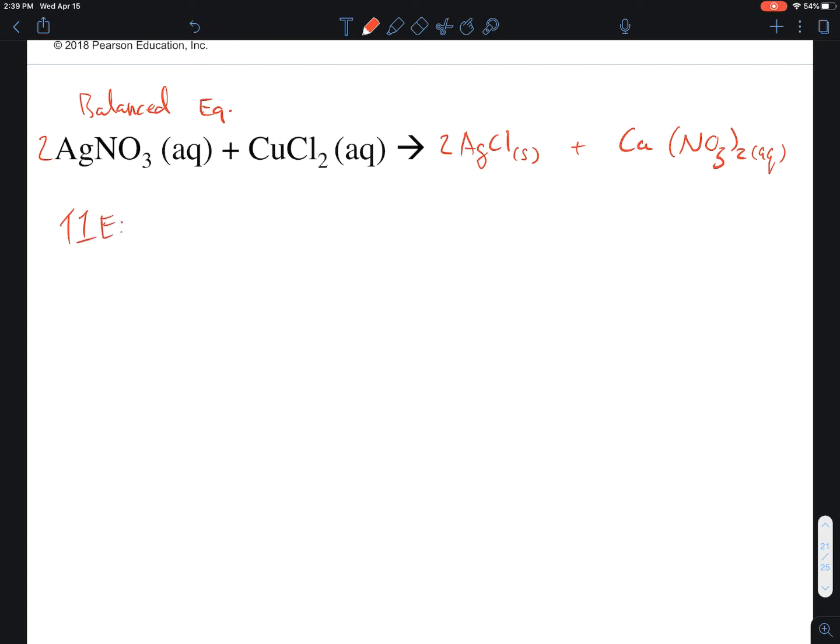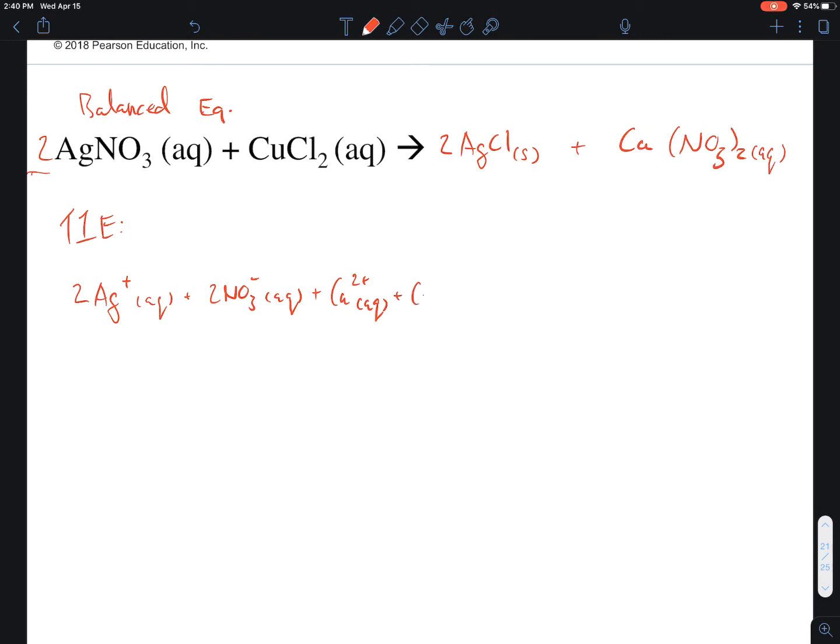Let's write out the total ionic equation next. Remember, to write the total ionic equation out, we have to separate out into ions anything that's soluble. So you look at silver nitrate. Silver nitrate's going to be broken into 2Ag+. You want to retain the coefficients from the balanced equation. So that 2Ag+ comes from the fact that you've got 2 Ag. So 2Ag+ aqueous plus 2 nitrates, NO3- aqueous, plus